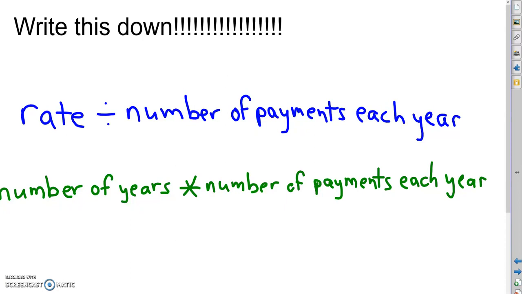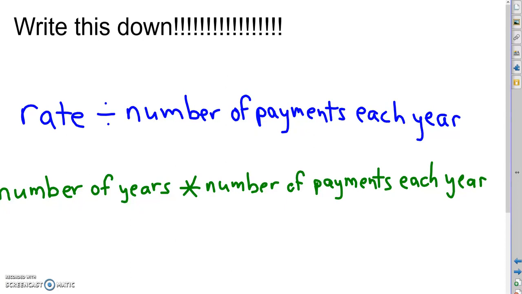So what you need to always do is take your interest rate and divide it by the number of payments each year. For example, if your interest rate was 2%, you'd say, okay, 0.02 divided by, well, if they're going to pay me my interest every 6 months, then I would divide it by 2 because I'd be getting 2 payments each year. You also need to take your number of years and multiply that by your number of payments